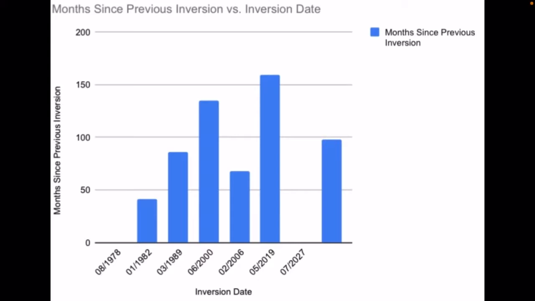And I know for 2019, we didn't see the crash till 3 years after the inversion. At least we didn't get to the bottom of the crash. So that's worth noting. So if we were to line up with this date of 2027 being when it inverts, which is highly unlikely that it'll be exactly that date because the duration between the inversions is so sporadic, but